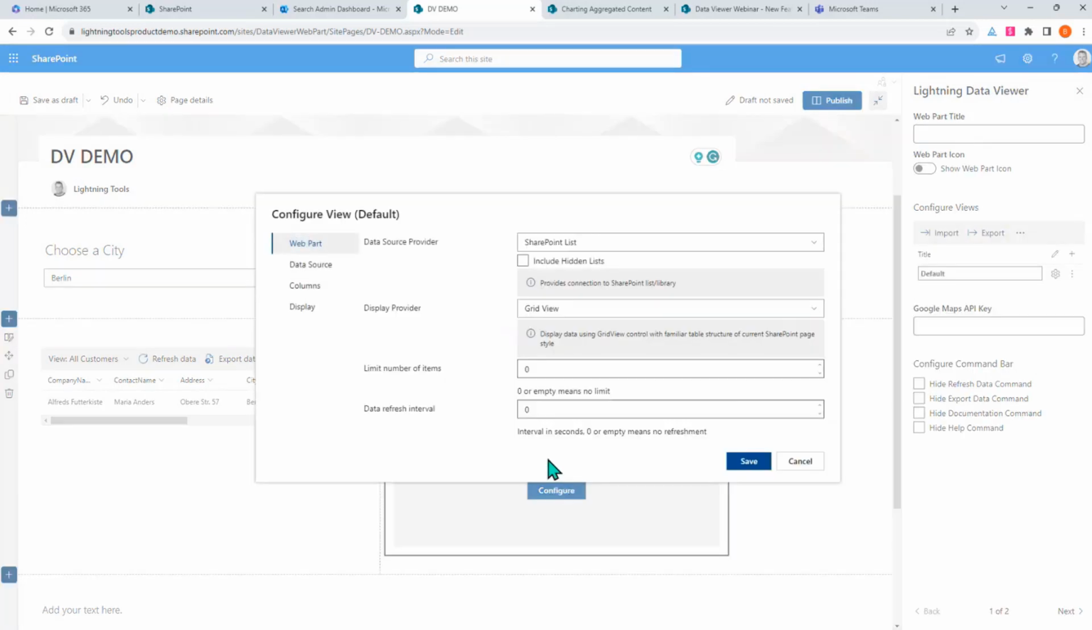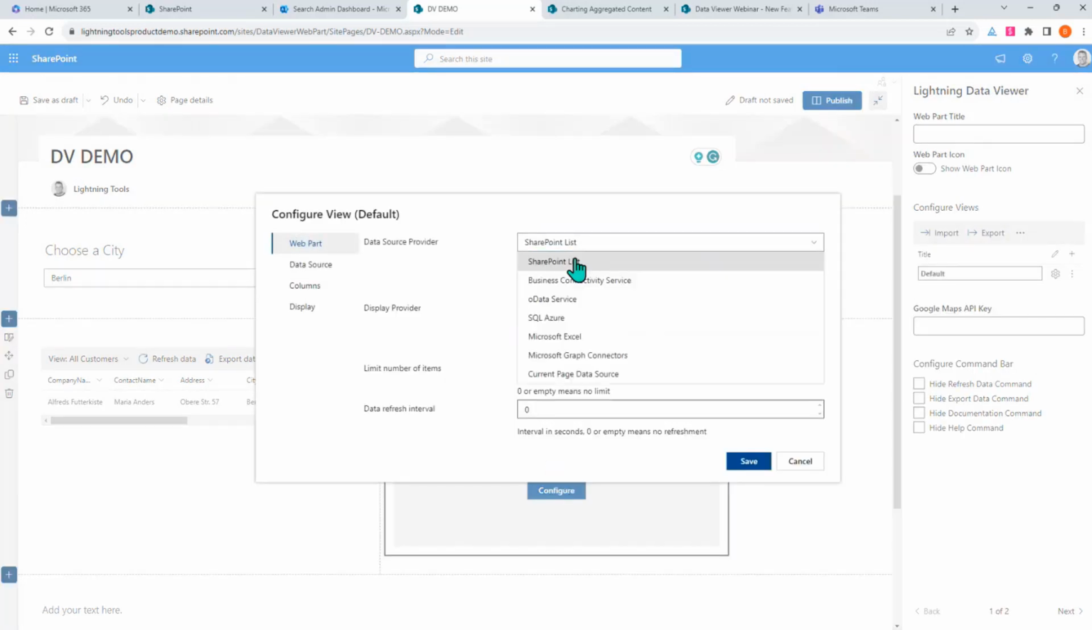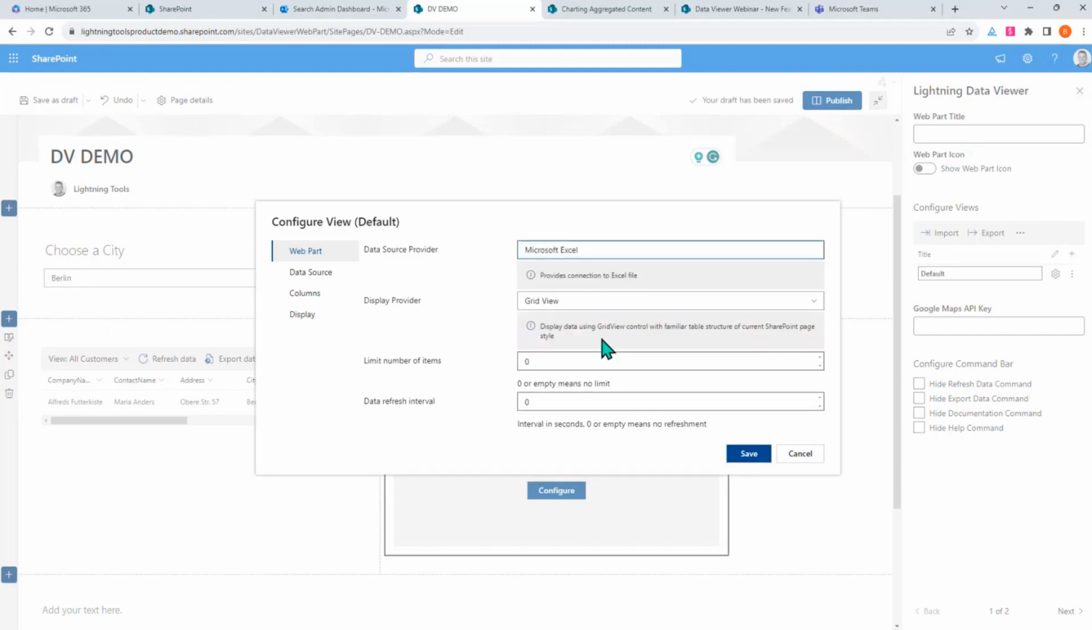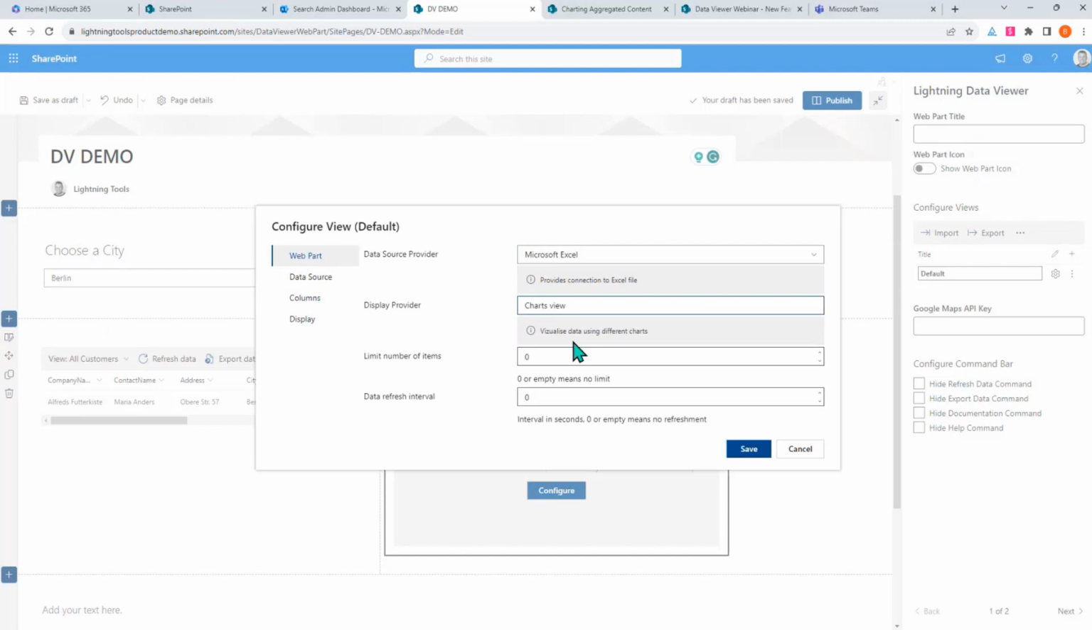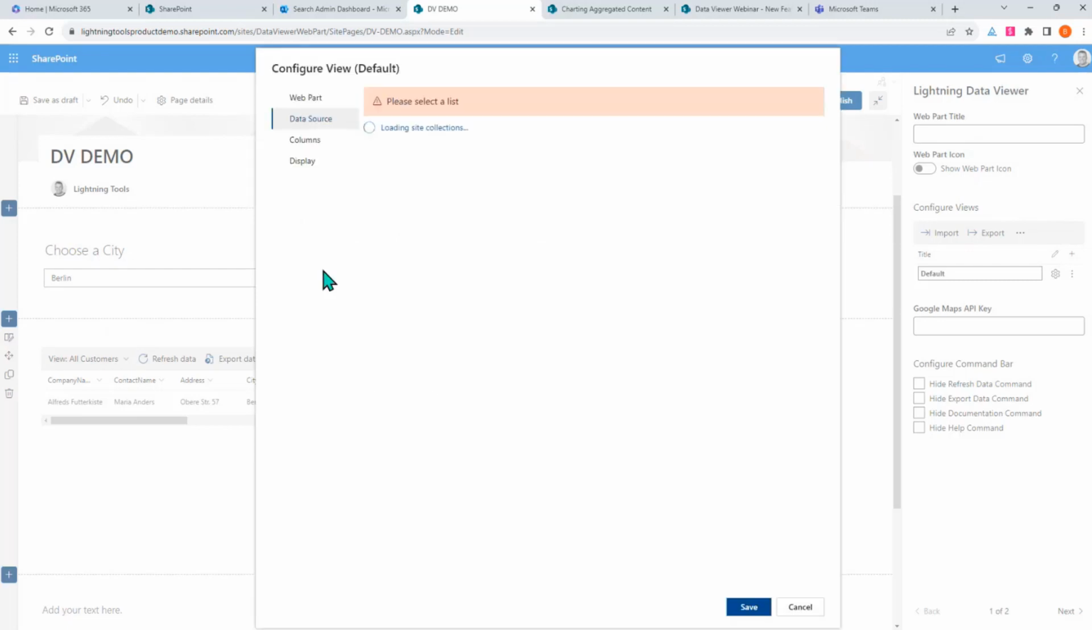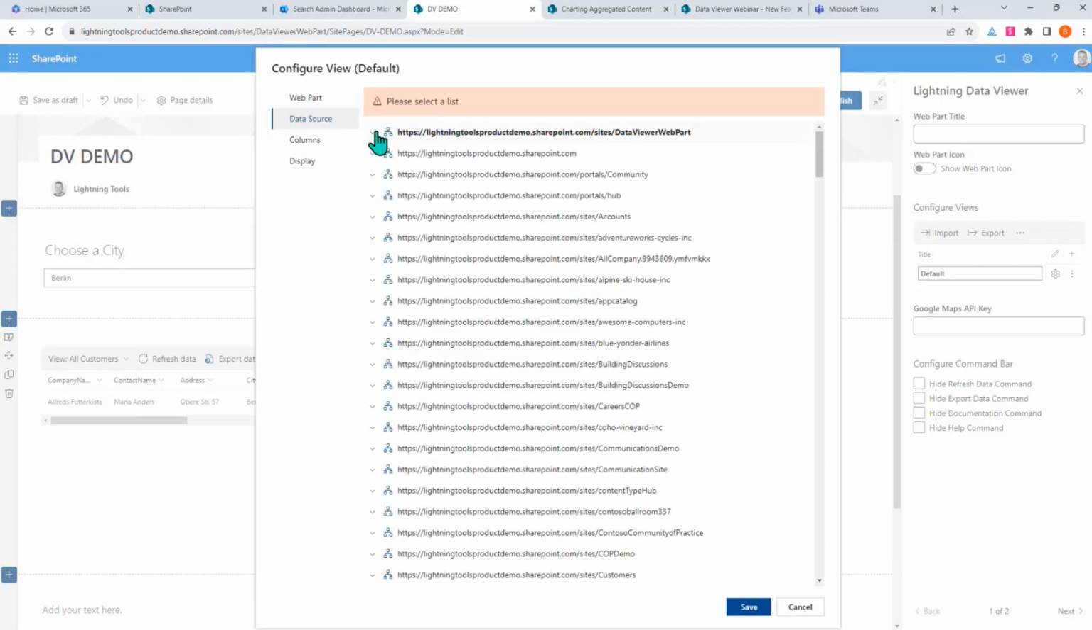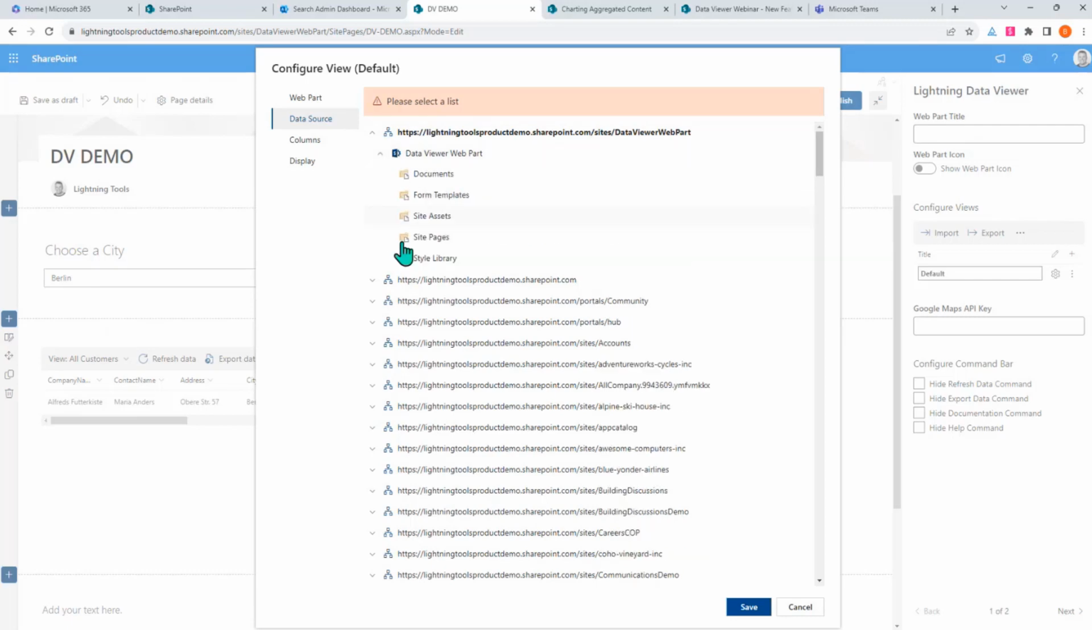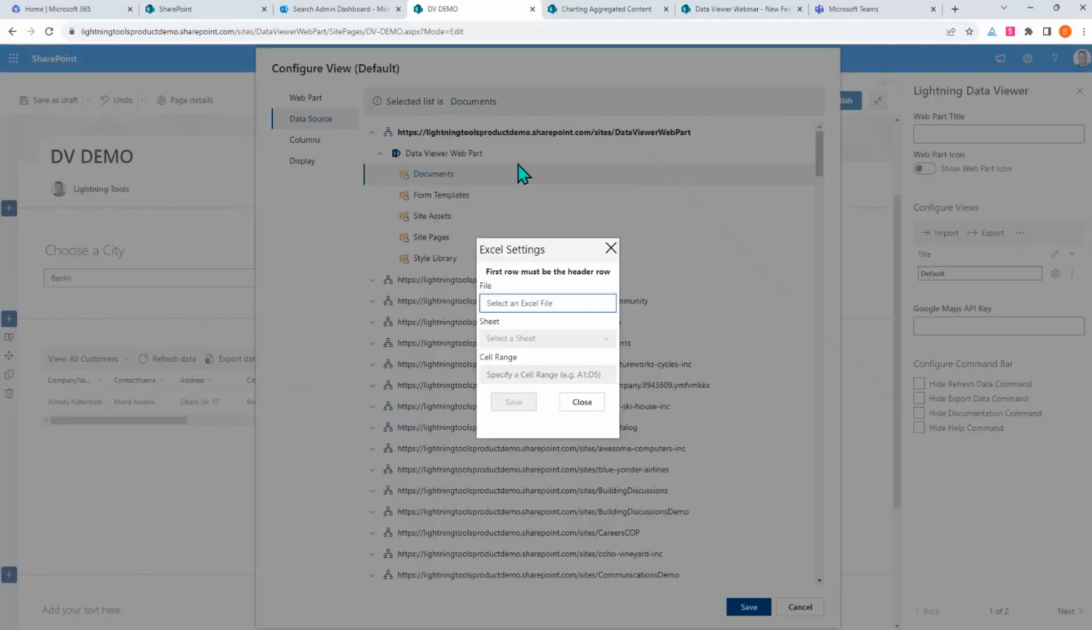So over on the right, we'll this time connect to Excel just for a change of scenery. So we'll go against Excel and we'll build a chart. So under the data source tab, this is now changed to allowing me to navigate to where my Excel documents are stored. So I'm going to go to this document library here. There's 2 Excel documents that are found. We're going to go